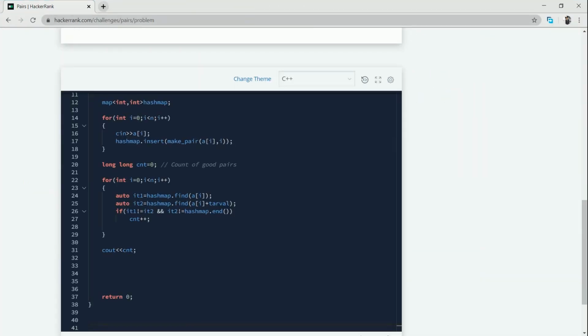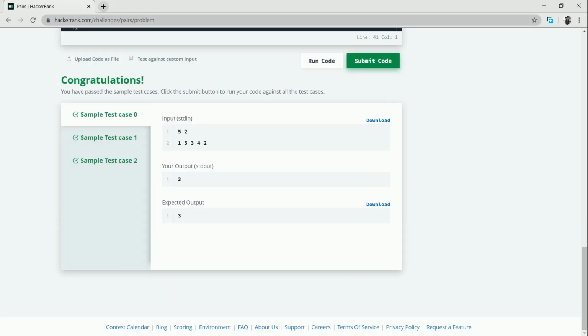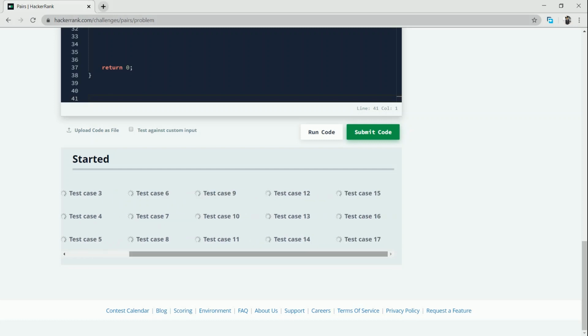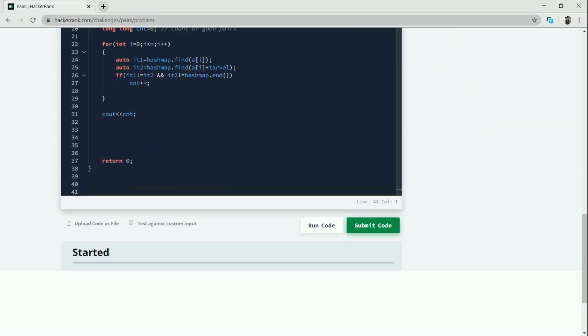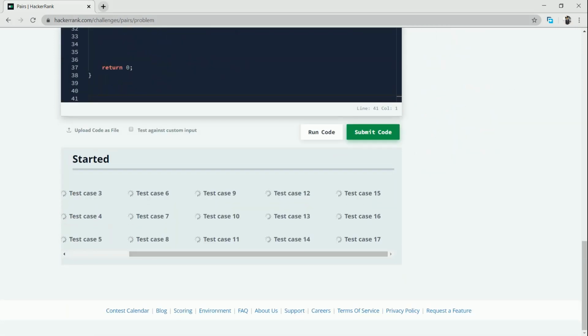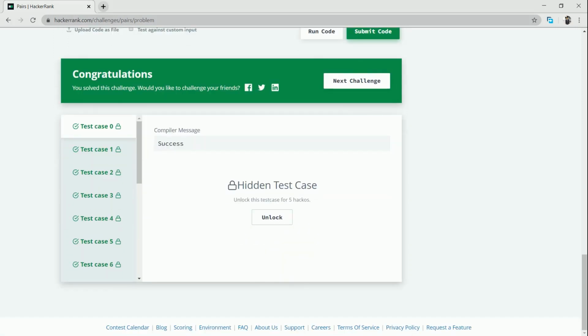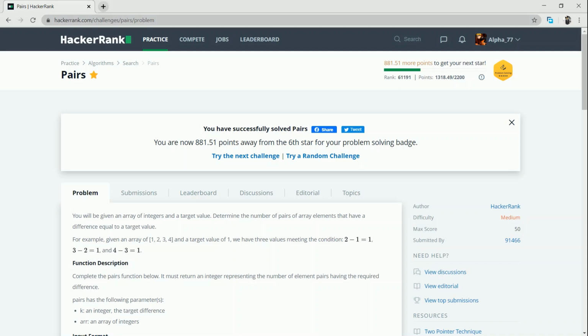Paste the code here, run code, submit the code. Okay, so we have successfully passed all the test cases. Okay, we have successfully solved the problem.